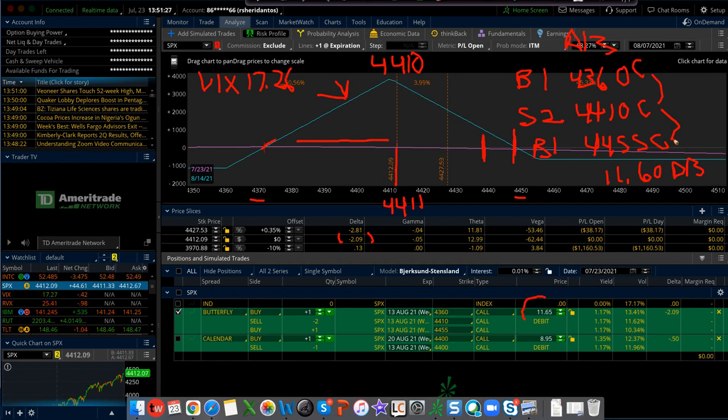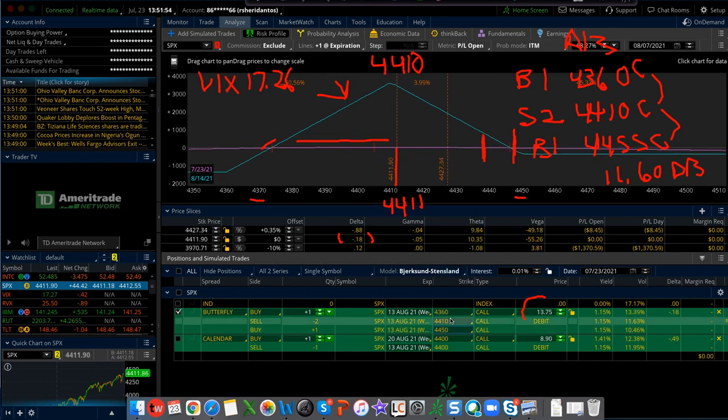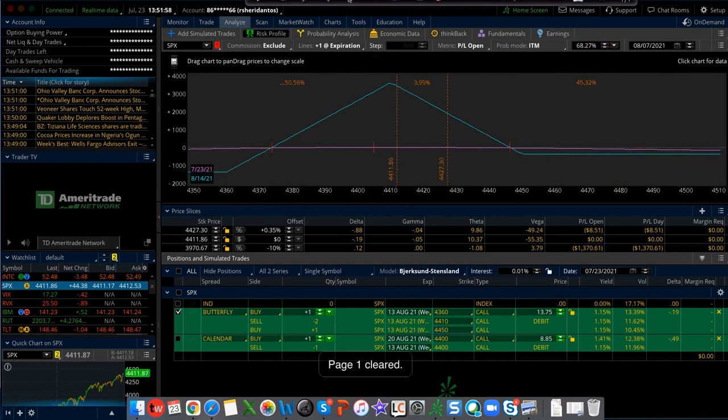But these butterflies, I don't mind when the volatility is low and we go down, I'll do well, right? But what if I made this trade more neutral? I'd have to bring my upper strike down maybe 5 points. Let's go to 44.50. So here would be totally neutral, right? If I wanted to make the butterfly totally neutral, now it would be